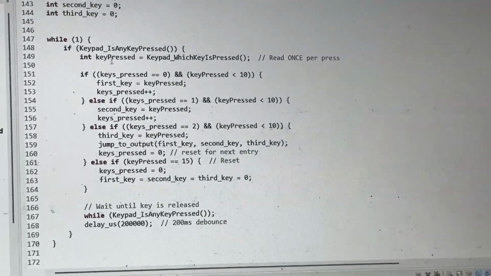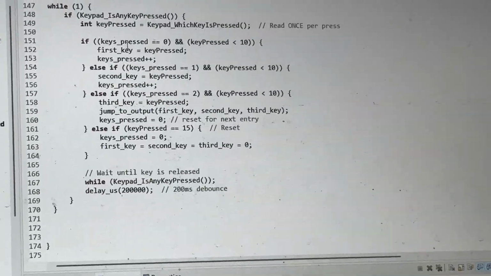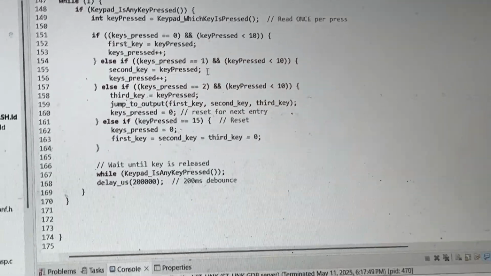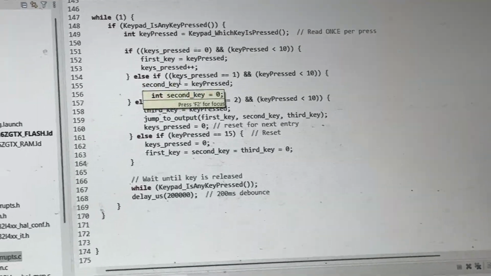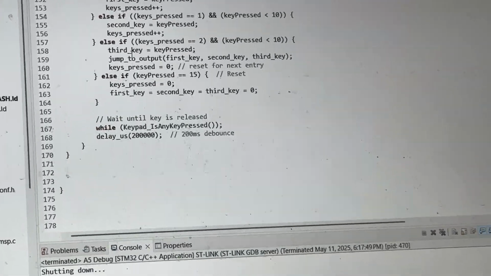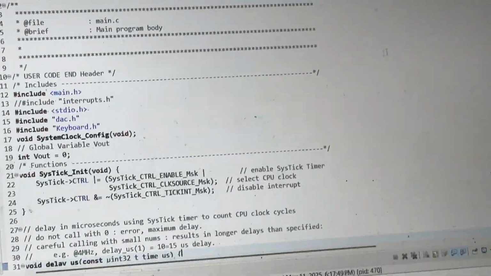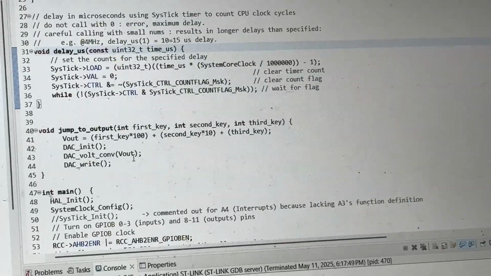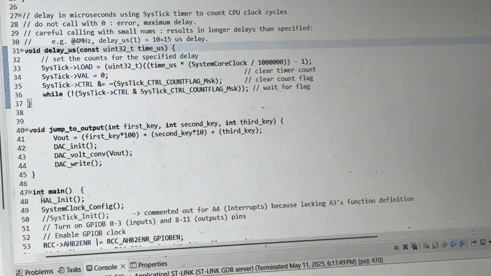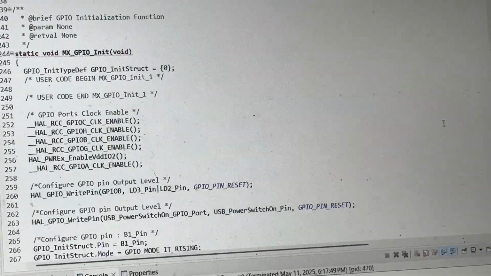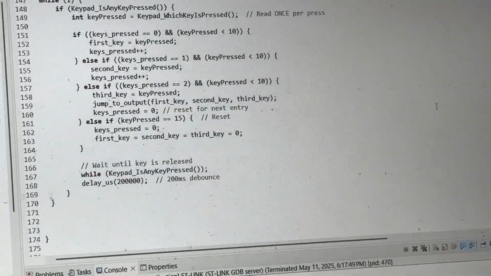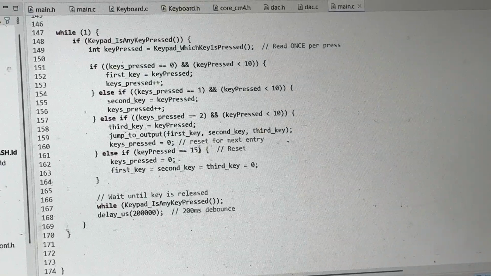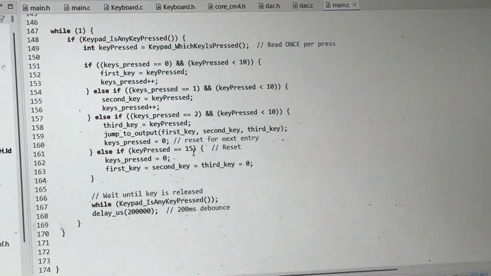And then it'll register what key is pressed. We have the keys press variable so that every single time we go up by 1, we can say, this is the second key, this is the third key, and so on. You'll notice after the third key is pressed, it'll jump to the output, which we have at the top here, which is the function I said before, where it does all the initialization, then the voltage conversion and the writing. And then finally, at the bottom of the main code, you can see that we have if keys press equal to 15, so it's checking to see if it gets the reset button, and if so,